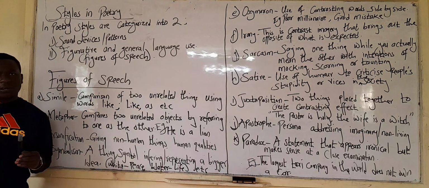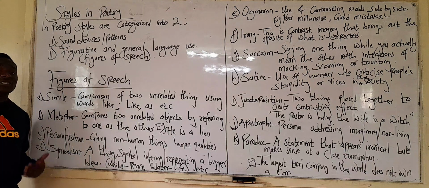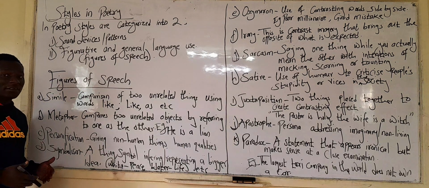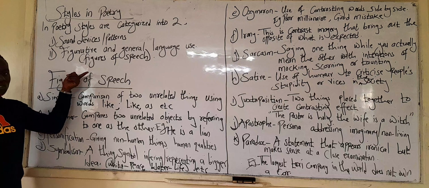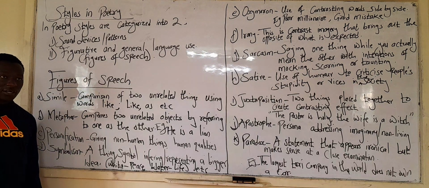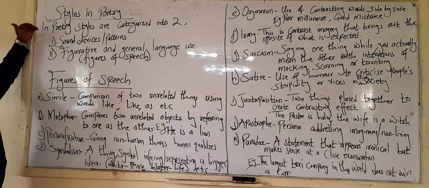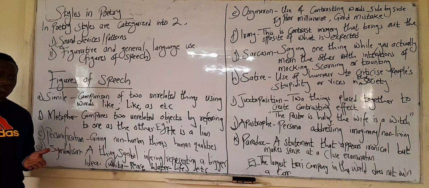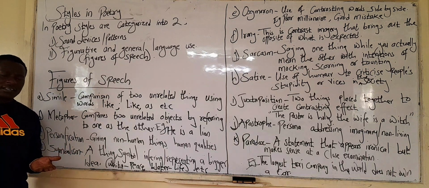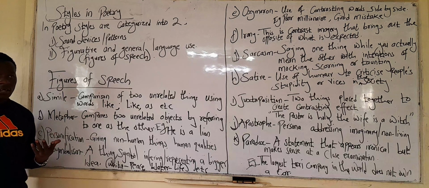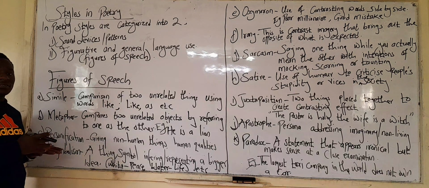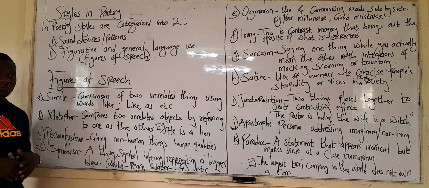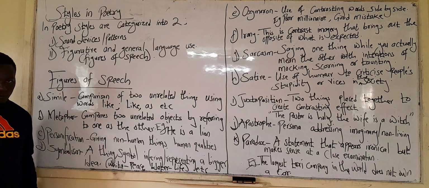Because we did that one in a previous class, today I felt it's a good thing that we venture into the other side of it, which is the figurative language, or the figures of speech in poetry. Are we together up to there? It's sensible that we don't discuss one side and leave the other side hanging. So the other side of the styles of poetry is where we are going to see the figures of speech, or the figurative language in general.